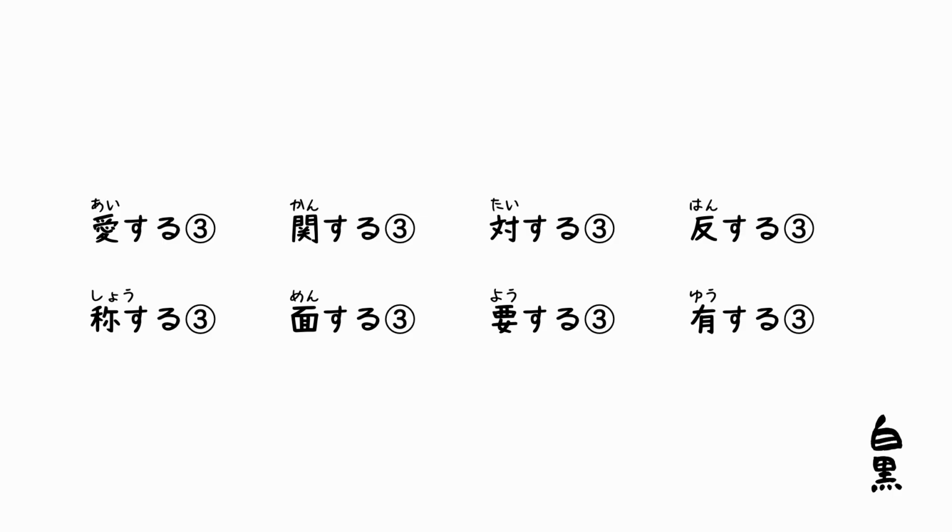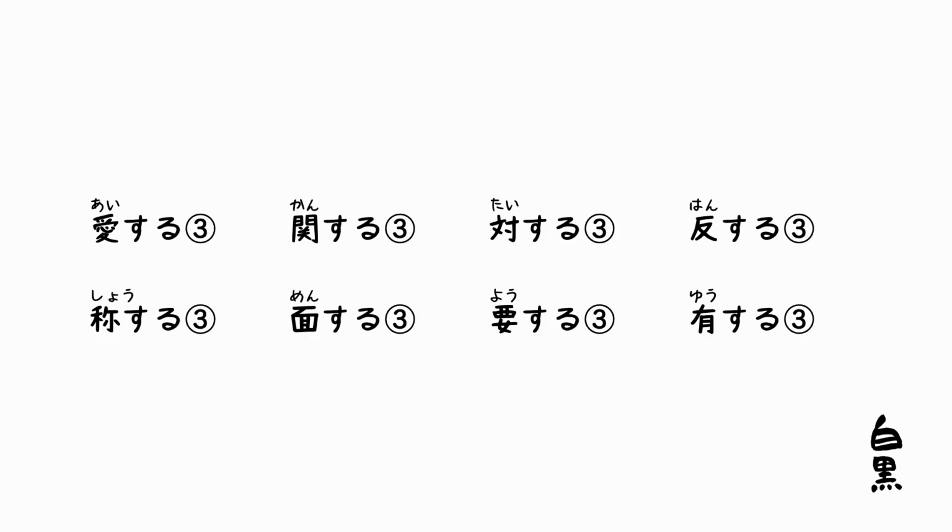Common examples include 愛する、関する、対する、反する、称する、面する、要する、有する。